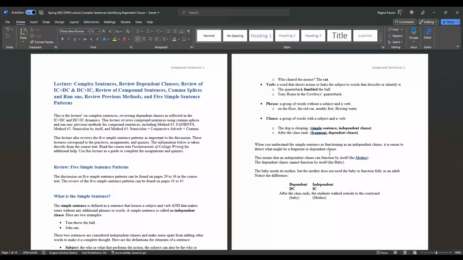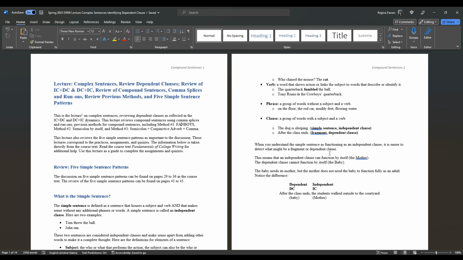So it looks like by rereading the syllabus as well as the information from the course text, it seems like it's a bit of a review, even though I would like for you to identify dependent clauses, right? Just as a quick review. So this is reviewing complex sentences, specifically dependent clauses, and then of course reviewing the ICDC and DC, comma IC